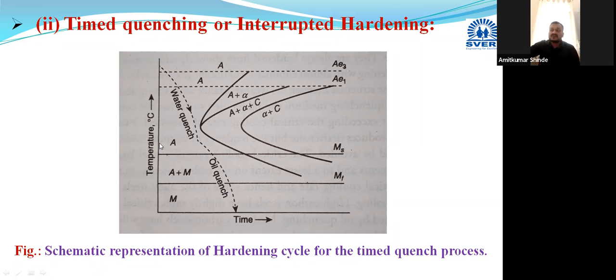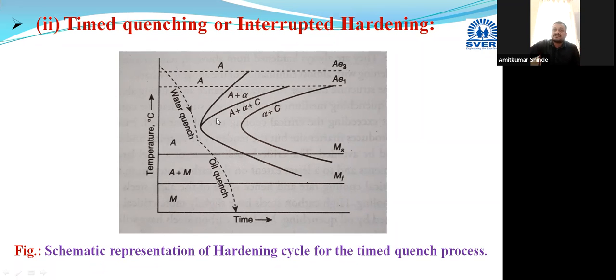Now, for low carbon steel, this water quenching you have to complete within 0.1 to 0.3 seconds. That means very quick reflexes are required here. Hence, controlling this method is very difficult. But this can be done if you are able to control the water quenching time, 0.1 to 0.3 seconds for water quenching, and then it is quenched in the oil. In this way we can do the hardening of low carbon steels also.